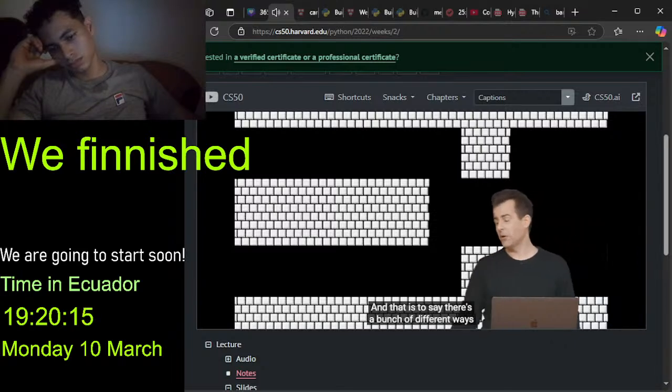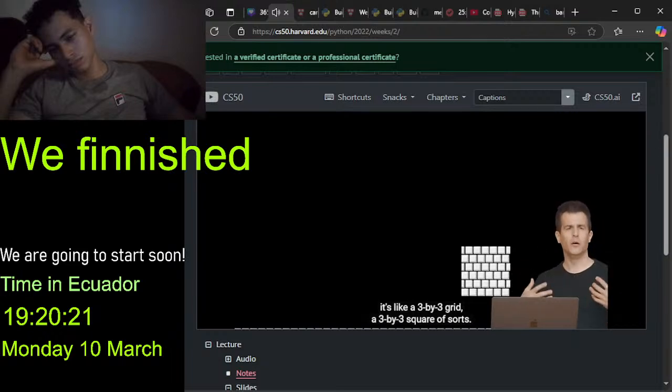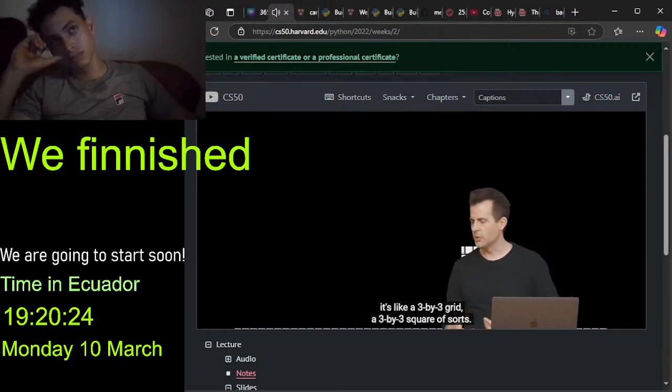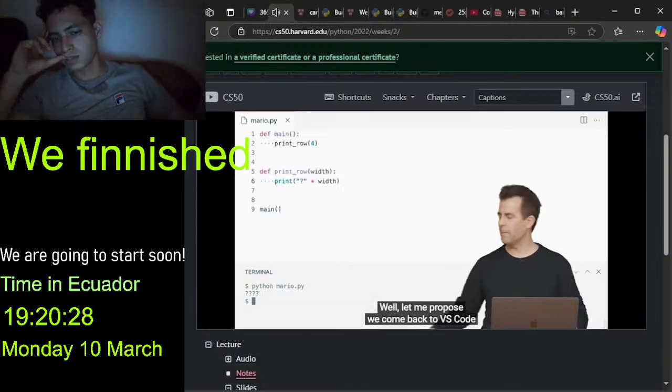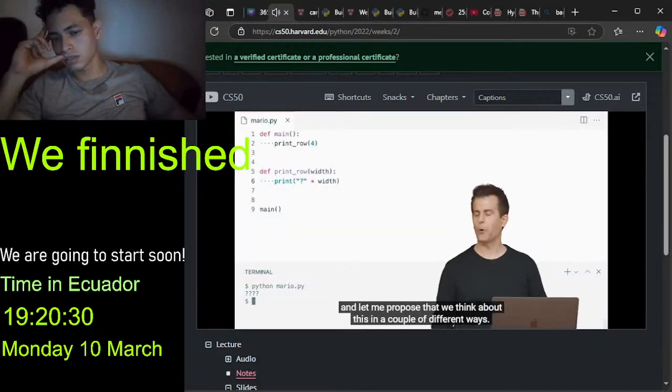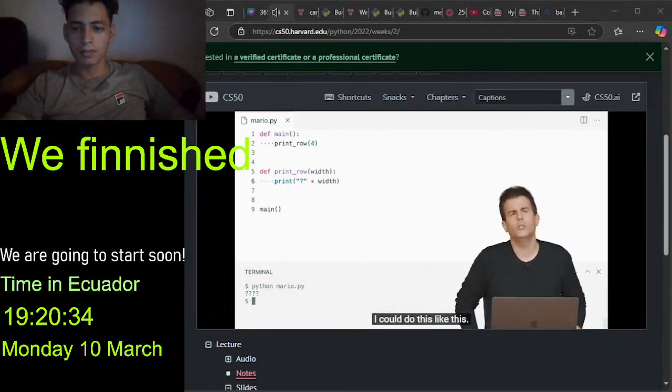And that is to say, there's a bunch of different ways we could implement this thing if maybe for discussion it's like a 3x3 grid, a 3x3 square of sorts. Well, how can we go about solving this here problem? Well, let me propose we come back to VS Code, and let me propose that we think about this in a couple of different ways. I could do this,